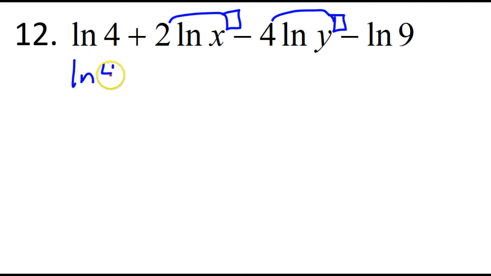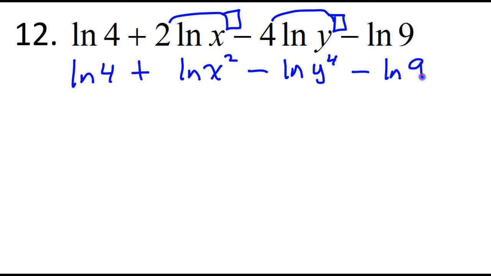So we'll have natural log 4 plus natural log x squared minus natural log y to the 4th power minus natural log 9. Always do that first. Now, all 4 of these terms are going to smash down into a single log expression. Natural log of. So the 2 things I have in the numerator will be the 4 and the x squared,